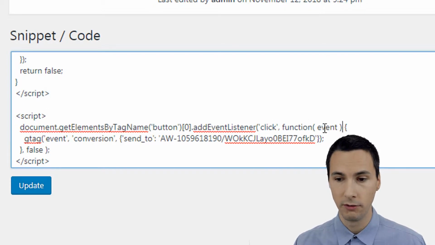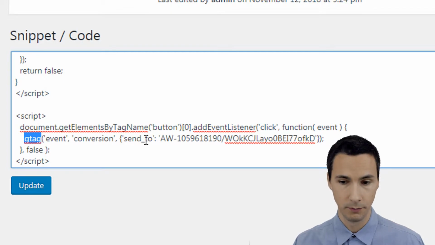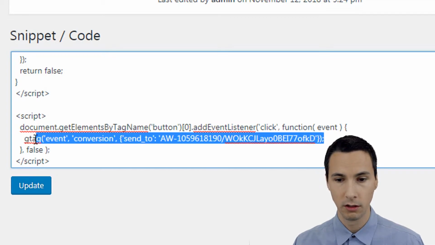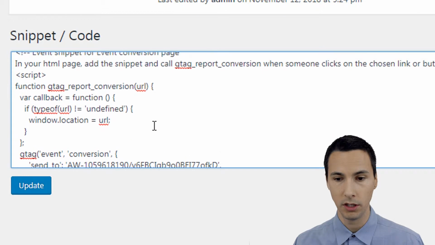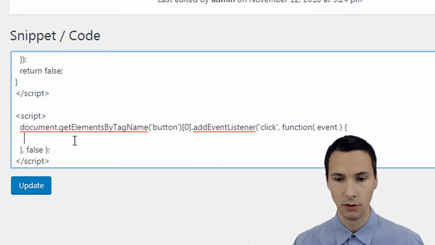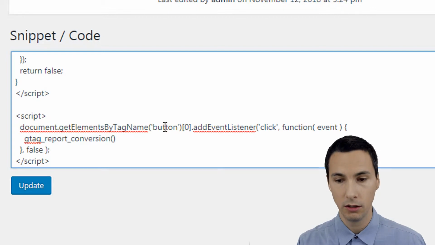And then we're creating an event function here. The event function is the gtag. We can do it this way. Okay. This is one way to do it. But instead of doing it this way, we could just look up here. We can call this function here, gtag report conversion, and then it's looking for a string URL. So we could say,